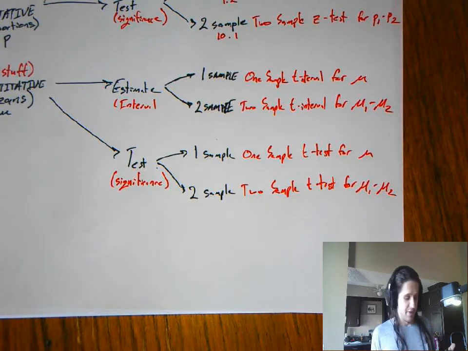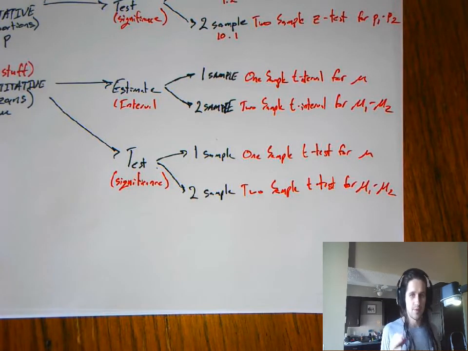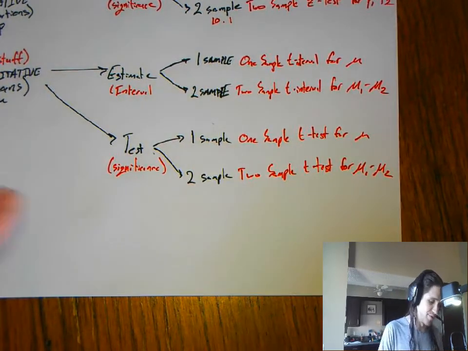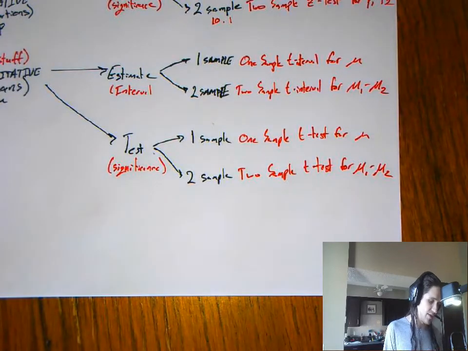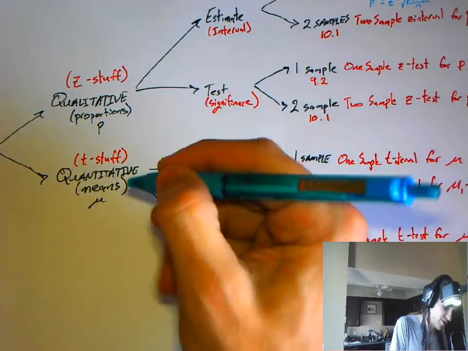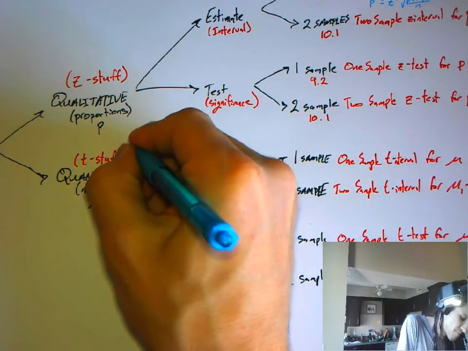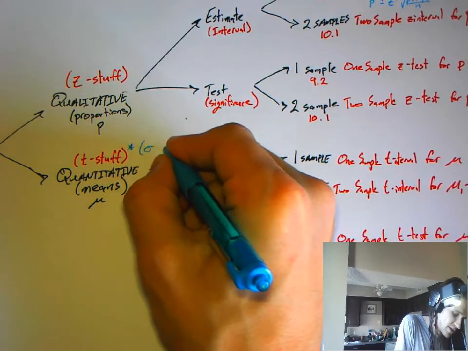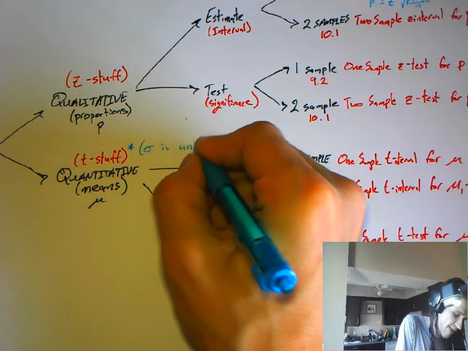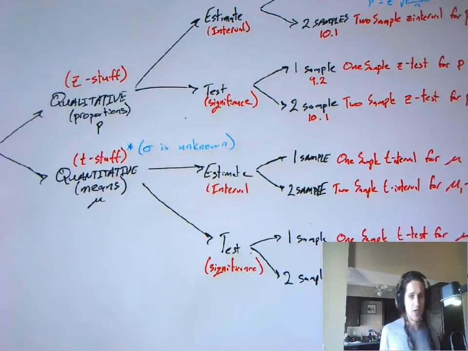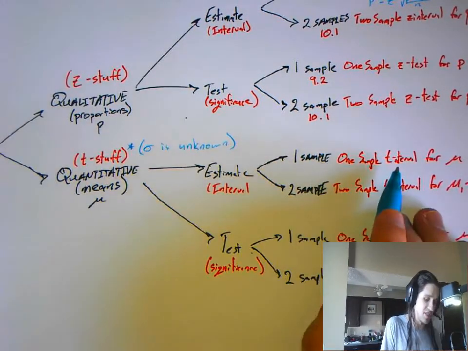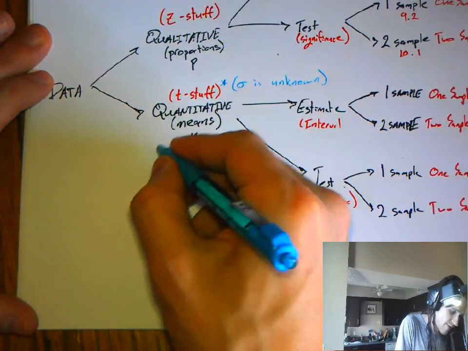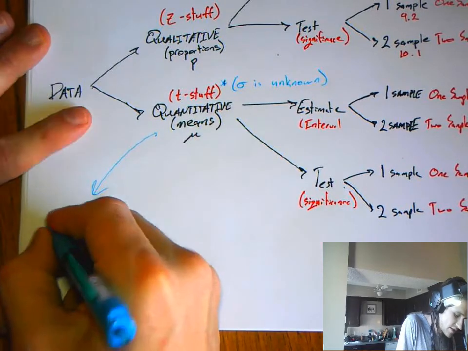That's most everything. What are the couple specific little tricks? I'm going to actually put two formulas on here. And why do we do t stuff? We do t stuff because usually sigma is unknown. But there's this one case where we might make a one sample z interval for mu, and that is the weird case that if sigma is known,